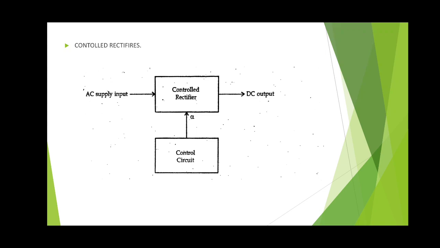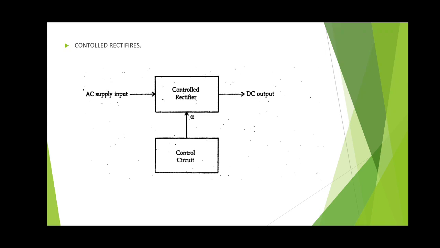Before we start with the different questions, let us understand what controlled rectifiers are. The block diagram is shown in the figure, and we know what a rectifier is. A rectifier is a circuit used to convert an AC signal into DC. A controlled rectifier accepts the input in the form of AC and the output is in the form of DC. The output transferred to the load is controlled by the triggering angle by using some external control circuits. This operation is clearly represented in the block diagram.